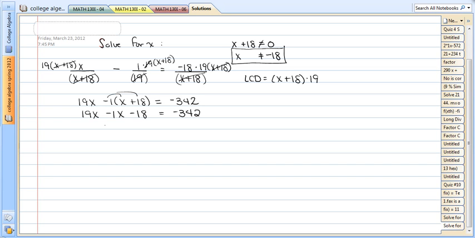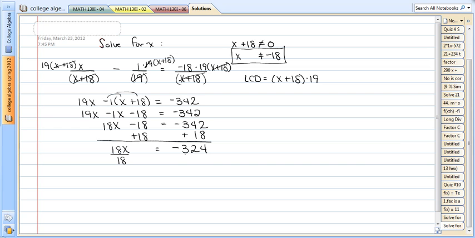Combine like terms. And then solve for x. So add 18 to both sides. So I have 18x equals negative 324. Divide by 18. So far everything looks good until I actually divide negative 324 by 18, and I see